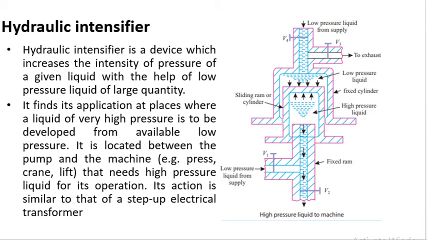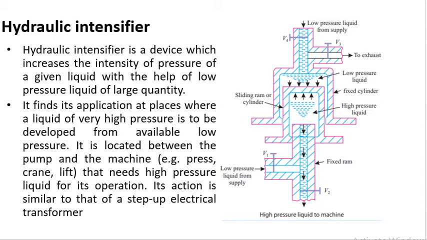and in that condition valves V2 and V4 are closed and valve V1 is open. This valve V1 is open, thus admitting the low pressure liquid into the sliding cylinder. The valve V3 is also open, which permits the low pressure liquid from the fixed cylinder to be discharged to the exhaust, and the sliding cylinder to move in upward direction. When the sliding cylinder reaches its topmost position, the inside of the sliding cylinder is full of low pressure liquid.